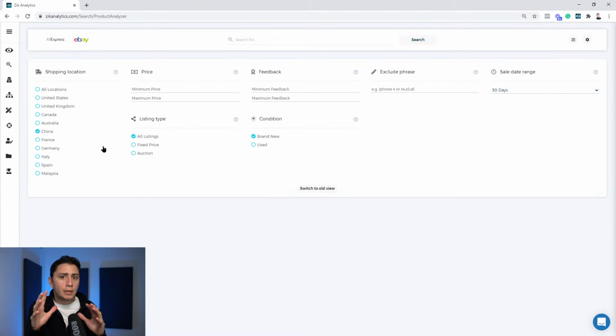In the previous demonstration I showed you, I went to the AliExpress product research tool, and then I looked for the best-selling items on AliExpress on eBay. Right now, in my opinion, based on the new upgrades, you don't have to do it anymore, because it's really easy for you to identify dropshippers. You will be able to identify dropshippers on almost every result, and this will save you a lot of time.